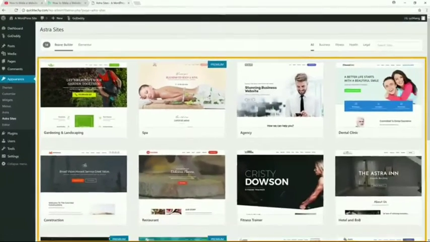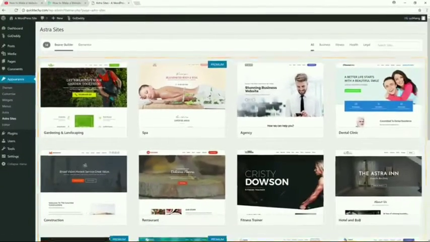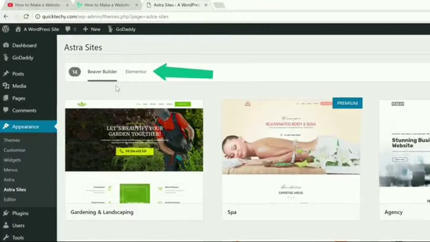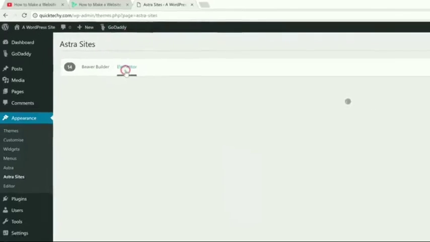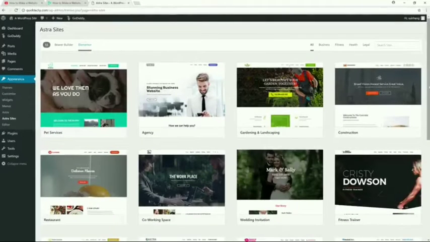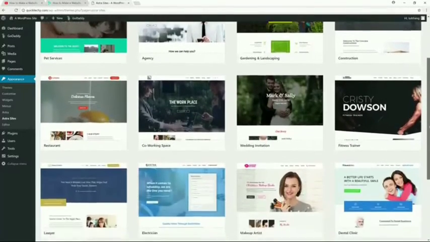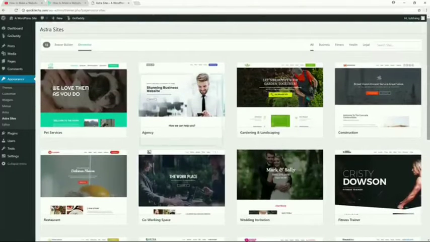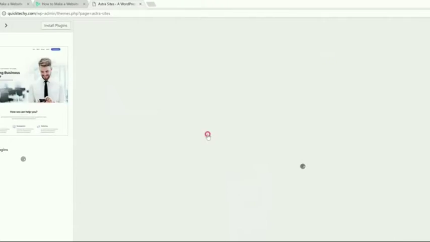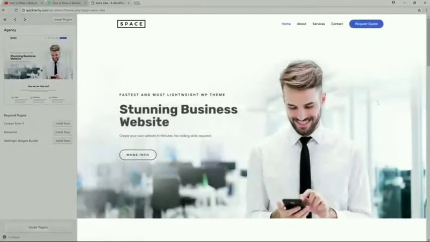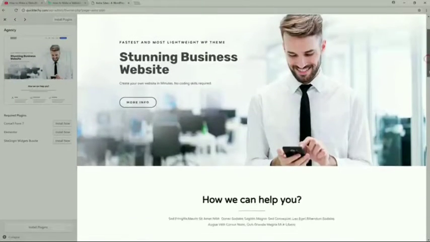So these are the designs. Now before you choose a design, just click Elementor. This will make it easier for you to edit the design. So click Elementor and now you can choose any design you like. So I'm going to choose this design and you can see how the site will look like.